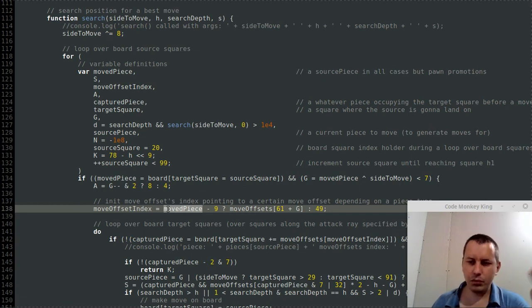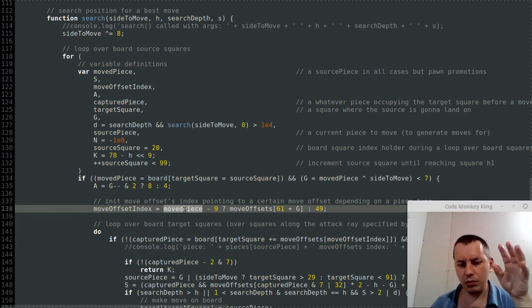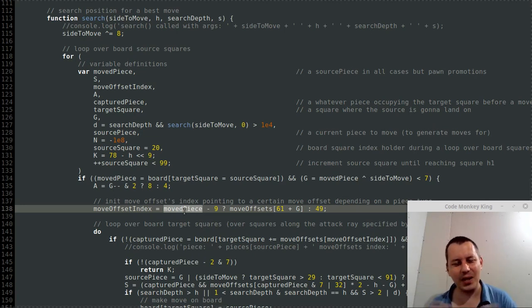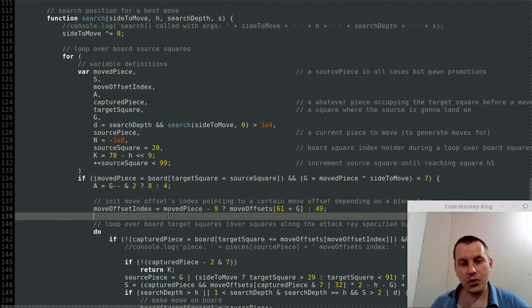just a matter of restoring, so just forget this. Okay, so the moved piece is the piece that we actually move, the current piece that we're generating moves for as well. Okay, I'm saying gibberish apparently, but okay, I've been explaining this in the previous part of the video. So -9. So